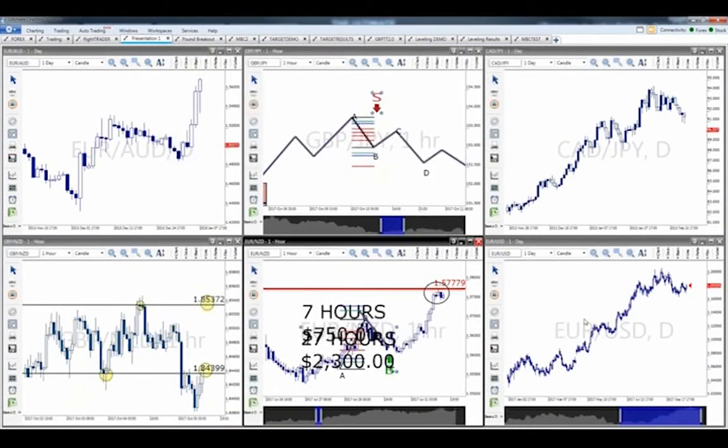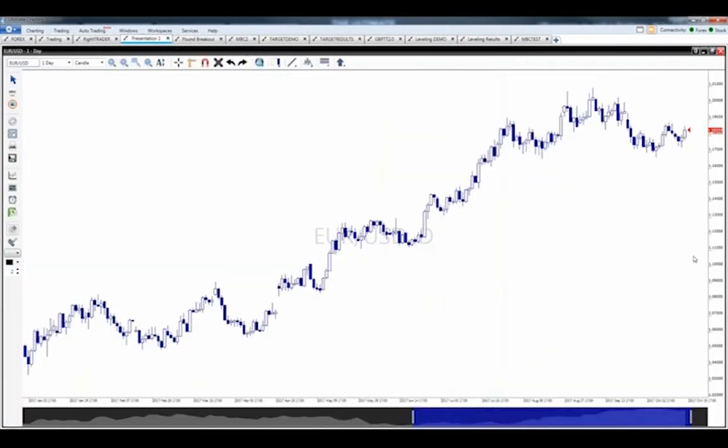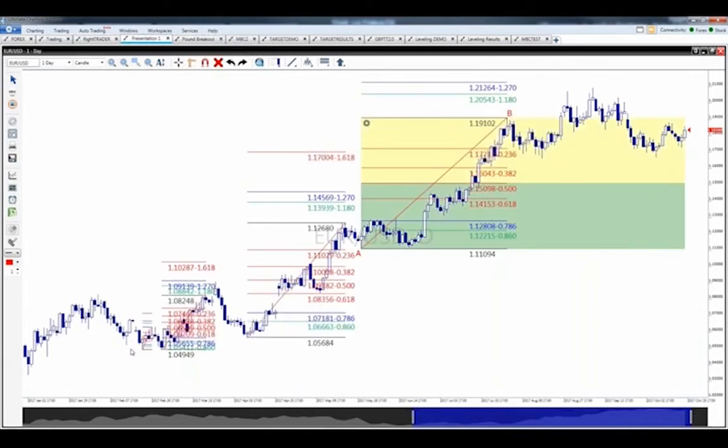Watch as I go over here. I'm going to bring up a different currency pair, okay? Bring up a different currency pair right here. And right here, I brought this up. I'm going to go ahead and bring up one of my tools. Now, this is Market Trader's own proprietary tools. This is our own patent pending technology. I'm going to click on Smart Fibonacci right here. I'm going to come right down here. And on the count of 3, 1, 2, 3, click. Boom. The software automates 100% accurate the Fibonacci's for me.